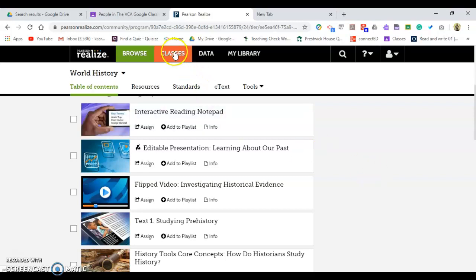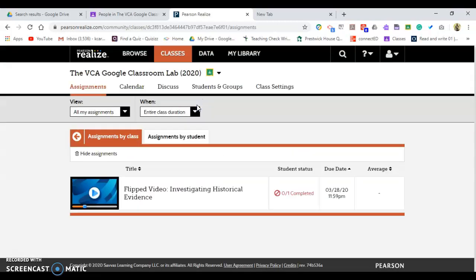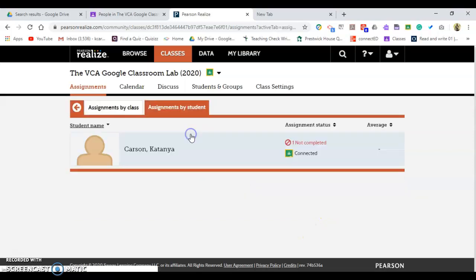One other note, I'm going to go up to the class tab and then click on the VCA Google Classroom Lab where I just assigned that video. And if you notice, you can look at assignments by class and you can see the student status. The student has not completed it yet, but it's not due until tonight. So you will see exactly where it is or where the progress of the video is by the end of the day. You can also look at assignments by student